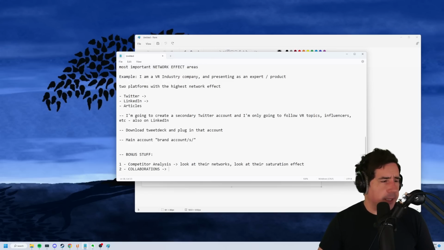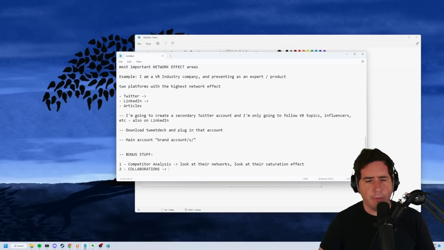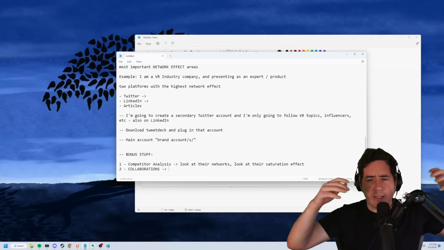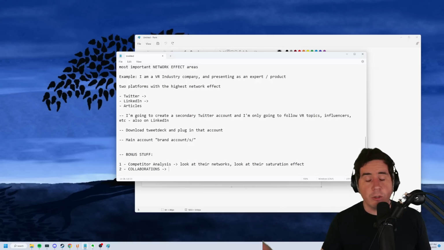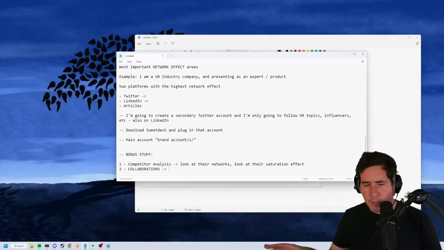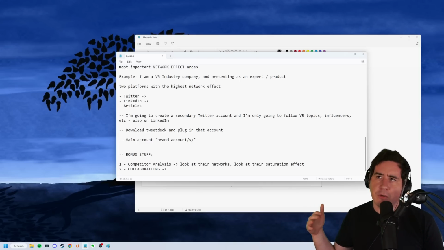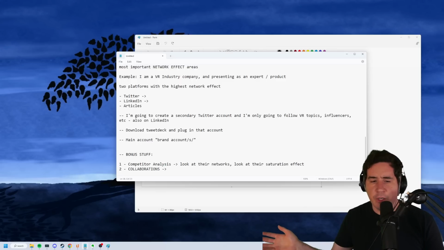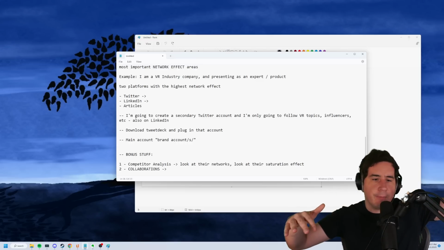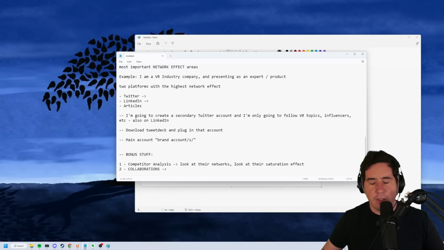So to bring up that Andrew Huberman example again, he did absolutely tons of collaborations with tons of other people that expanded his network effect and saturation effect to those demographics. Who can you collab with that will increase that? One of the big mistakes I see a lot of content creators do is that they often collab with people that are not within their demographic. And so this is basically just completely irrelevant. Like if you ever wondered on a live streaming service like Twitch, why raids and hosts are typically ineffective, well, if it's 2 totally separate themes and totally separate demographics, none of those users are going to be able to convert to that content, right?